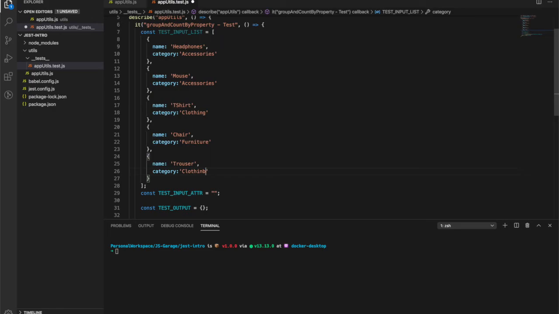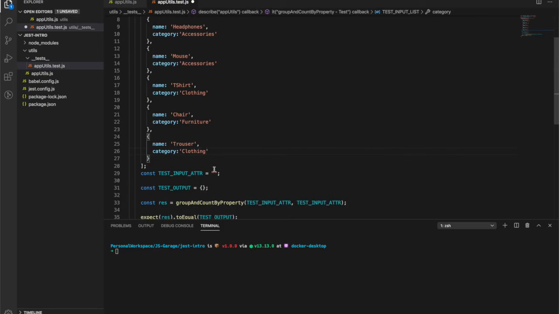So we have two in the clothing category, 1 in the furniture category, and 2 in the accessories category. So if I want to group this based on the category attribute,